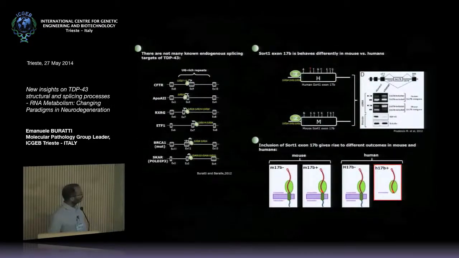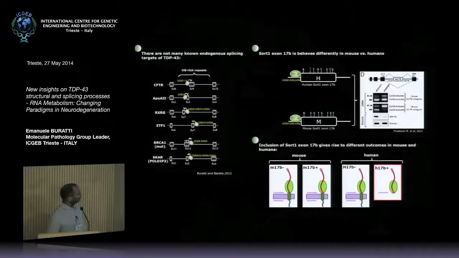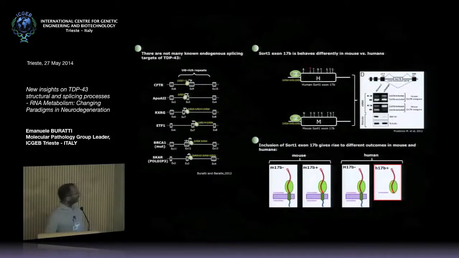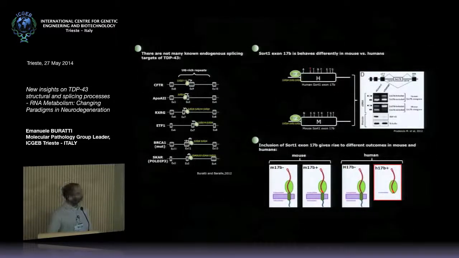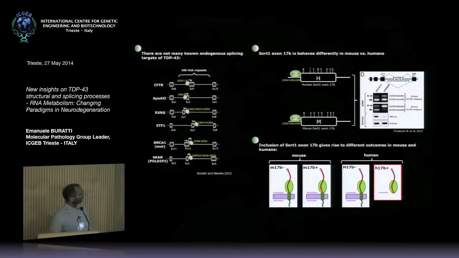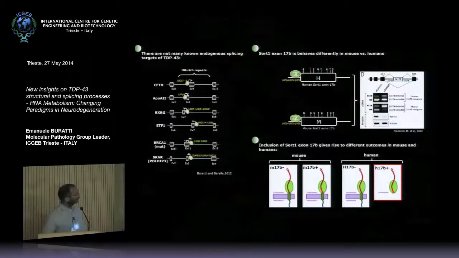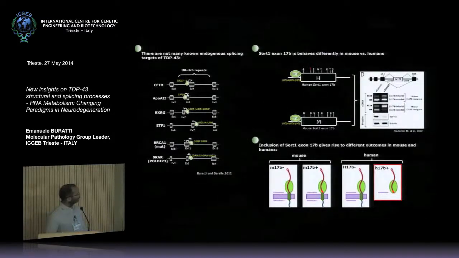And in my opinion, one of the most interesting examples where TDP-43 is known to play a role, and where HNRNPs could contribute to this role, is represented by a particular exon that we described with Leonardo Petrucelli 2 years ago, and this particular